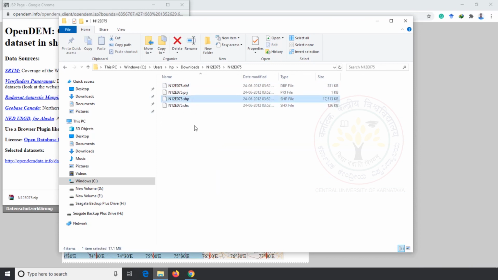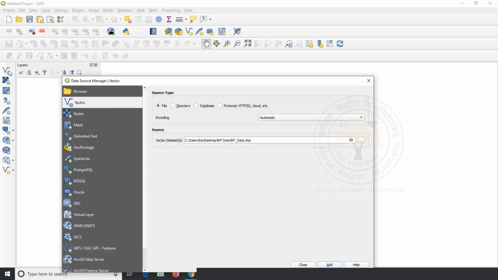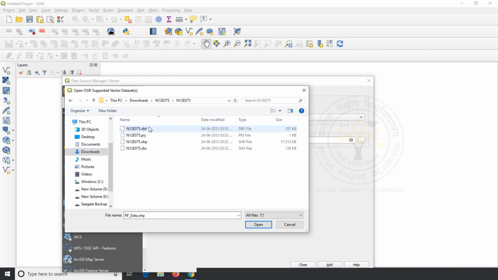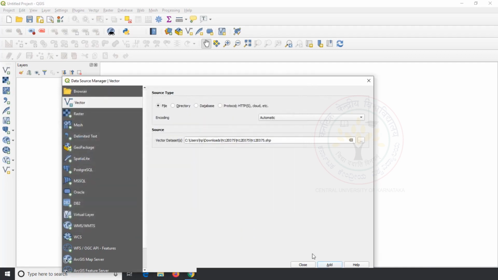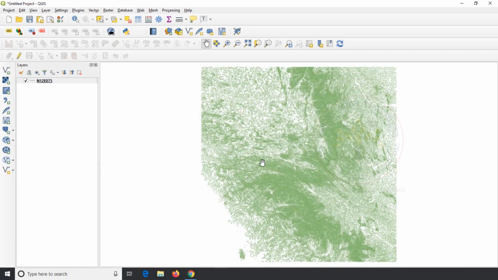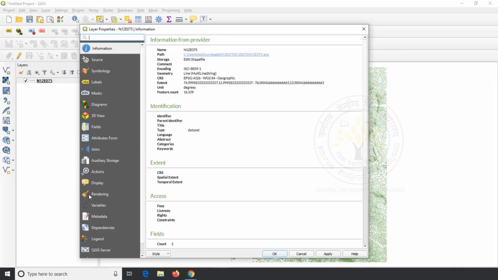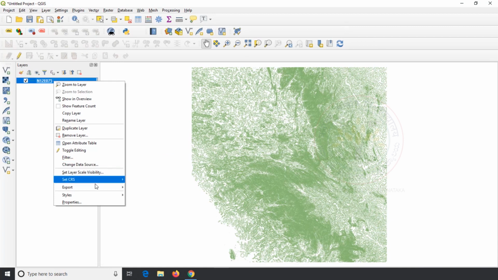We can see these files are in shapefile format, which can be opened in QGIS directly. Open these contours in QGIS. Look at the coordinate system of our data. It has only a geographical coordinate system, so I will project it using a projected coordinate system. As these contour lines belong to Karnataka state, I use UTM zone 43 north as the projected coordinate system.